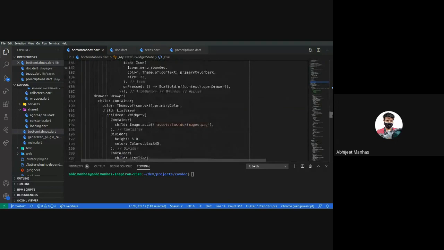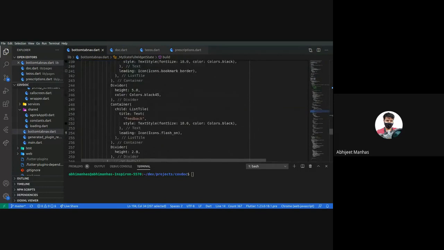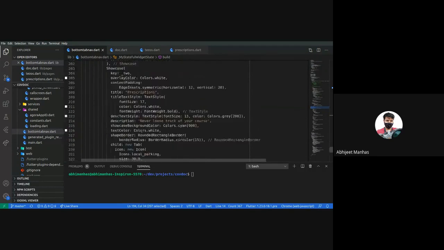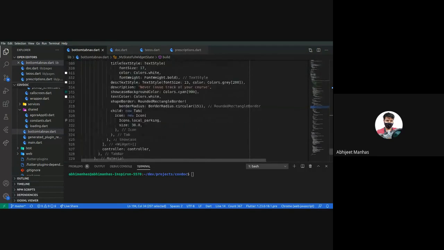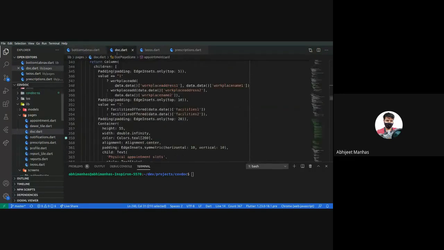Next we have the drawer, the one which pops up when you swipe left on the mobile. And then this is basic UI, divider, containers. Now this contains two tabs, which are prescription and our doctor tiles. So let us see what doctor tiles look like.